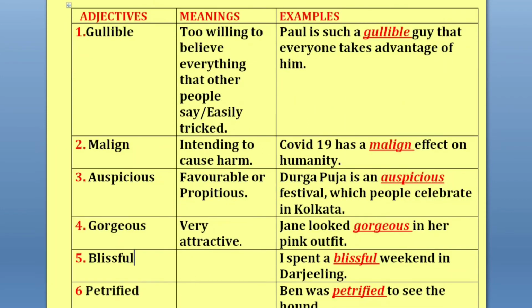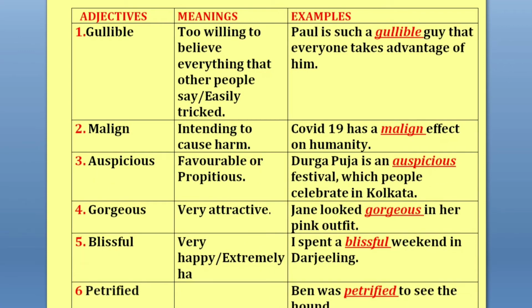So up next, let us turn our attention towards the fifth adjective for today, that is blissful. As you see on your screen, blissful, okay? So blissful is also quite a handy adjective for your daily conversation. This word blissful means extremely happy, okay? Or very happy is called blissful, okay? Instead of very happy or extremely happy, you can use blissful.